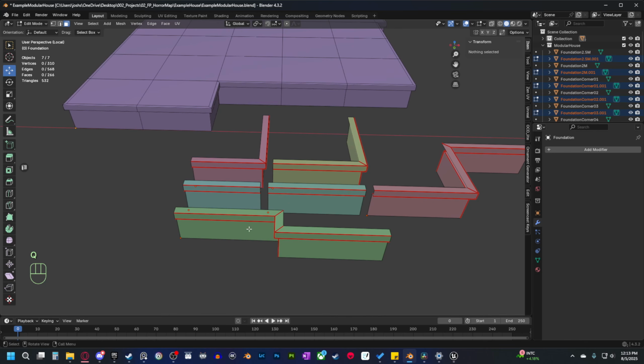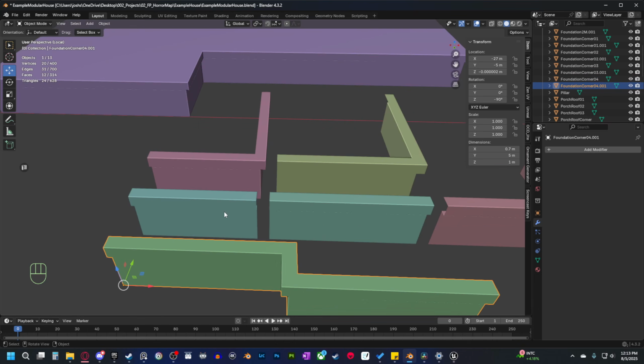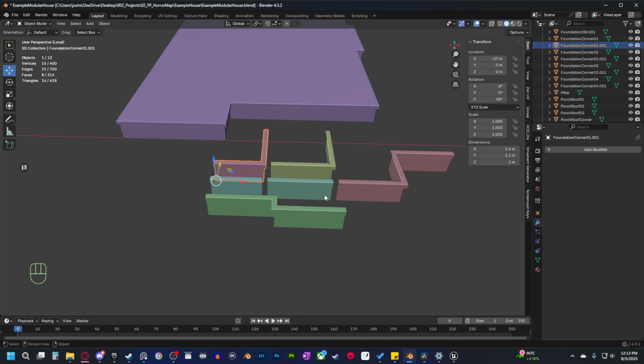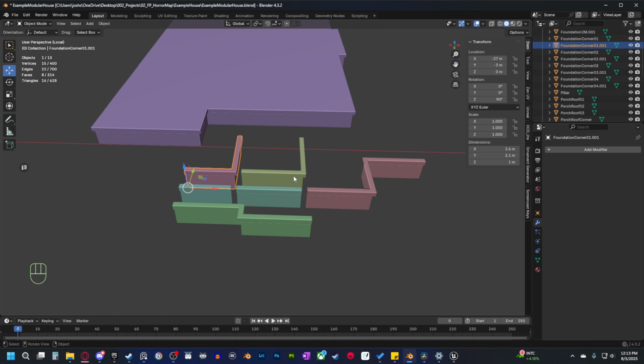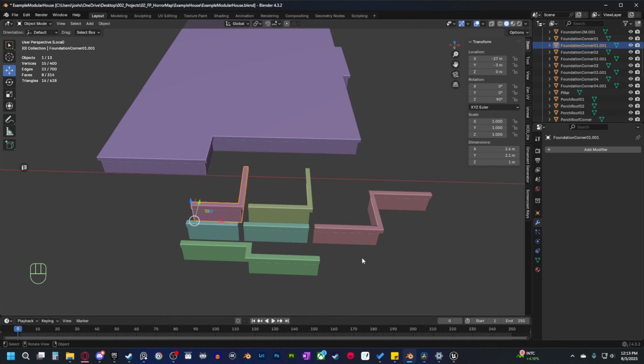And then I went ahead and basically named all of these. So these are just foundation corner pieces, foundation 2 meter, foundation corner, and so on, things like that. And yeah, that's pretty much it for the foundation. I will go back to the video and we'll skip ahead to where we start working on the modular pieces